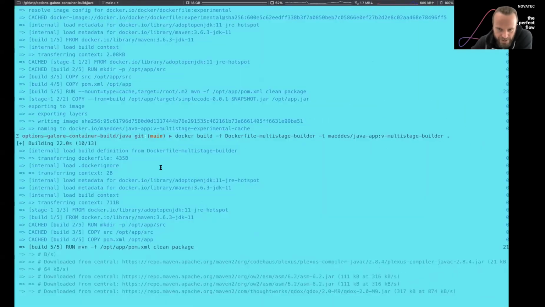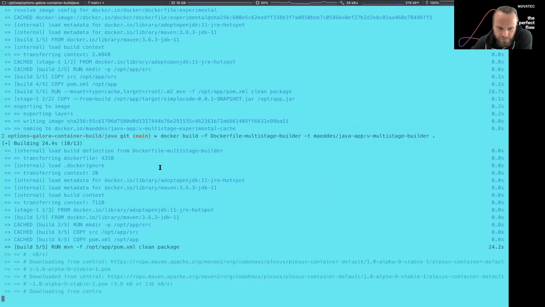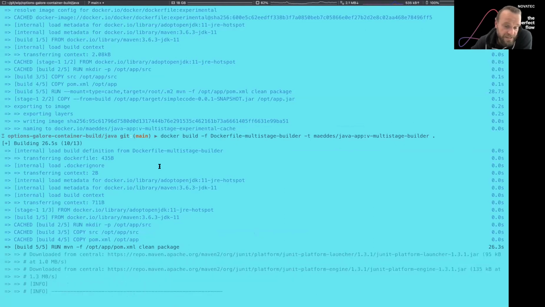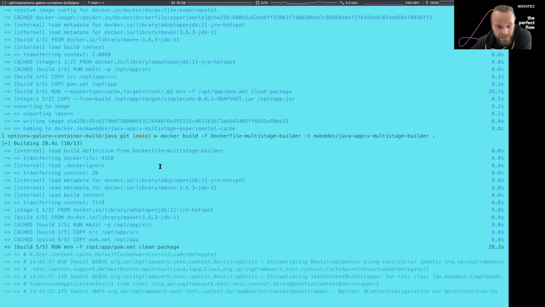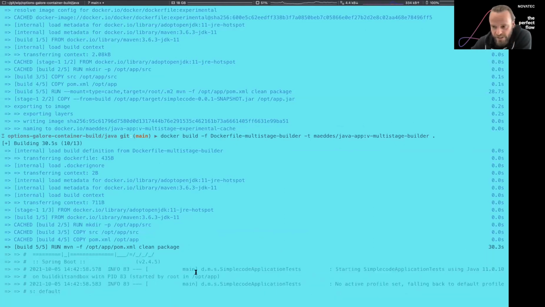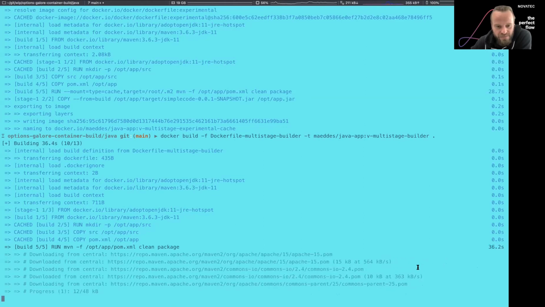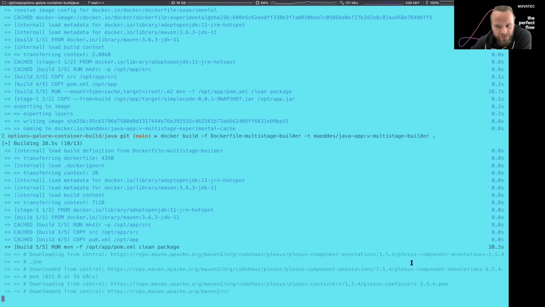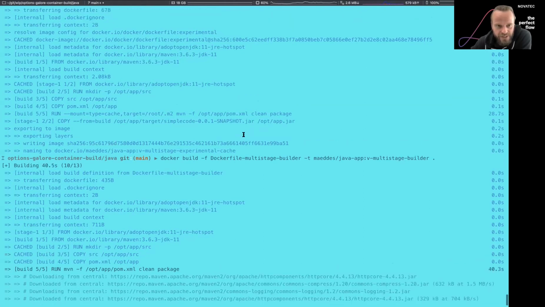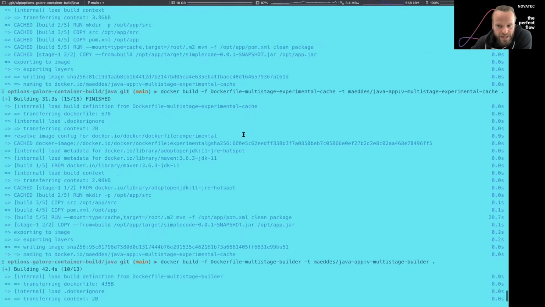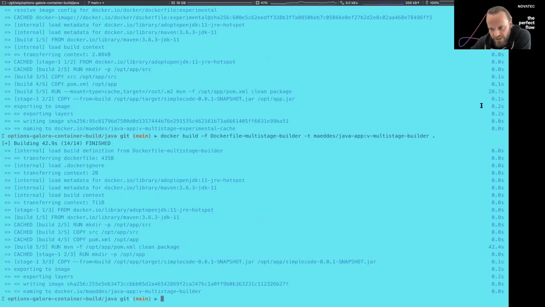So while this is running, you see that it has taken a longer time than the other one. We're now in the testing phase. In this demo, it's not very much different. I've run the experimental one a lot faster than 28 seconds, but I think you get the point of what I'm trying to say here.